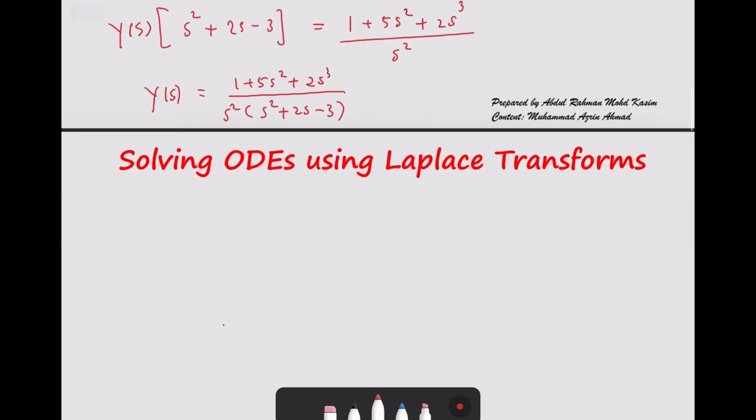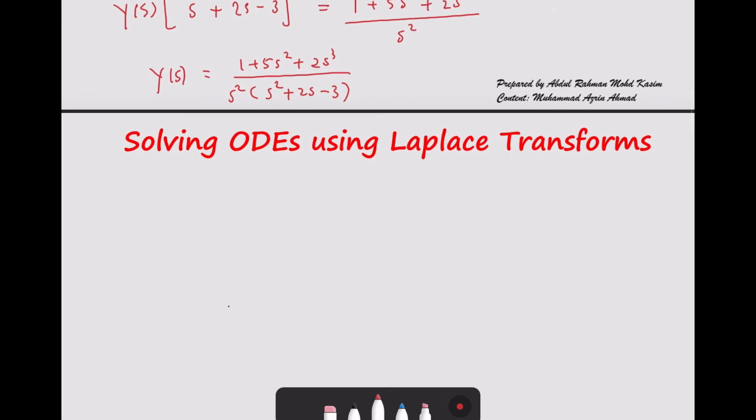So now you can proceed to find the yt by the inverse of that Ys. However, you will not have directly the answer from the table because it's complicated. So what you need to do is apply the knowledge of the partial fraction. Okay, so the knowledge of the partial fraction, we will do it